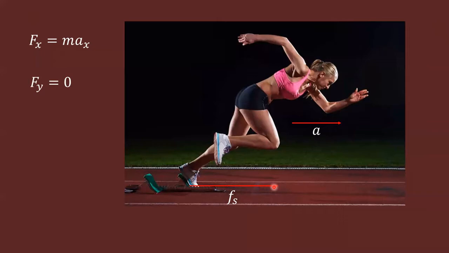Let's look at the y-axis now. There's no reason in this frame, this picture, to expect that she would be accelerating up or down. She's not jumping off the ground or allowing herself to fall. So let's just make the assumption that a sub y is 0. In other words, the net force in the y direction must be 0. So let's look at the forces that might be acting on her vertically. Obviously, there's the ever-present gravity force, or at least in this class, we think of gravity as a force that